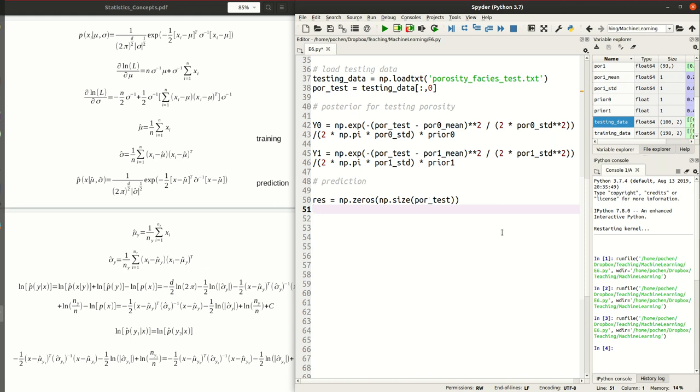And then for res, I'm going to select y1 larger than y0. That's going to be my filter for those elements with y1 larger than y0. I'm going to set the result value to 1, right? And then I'm going to compare my prediction with the actual manual pick, the manual classification